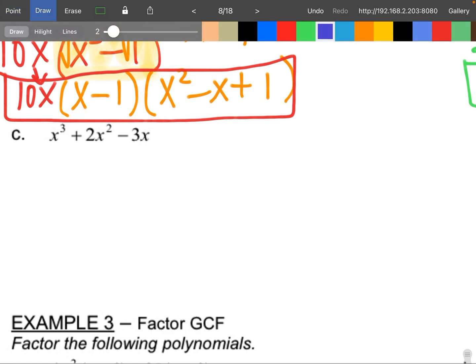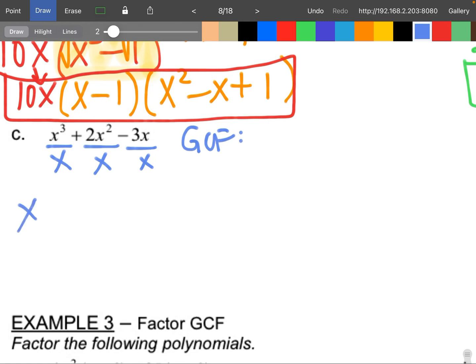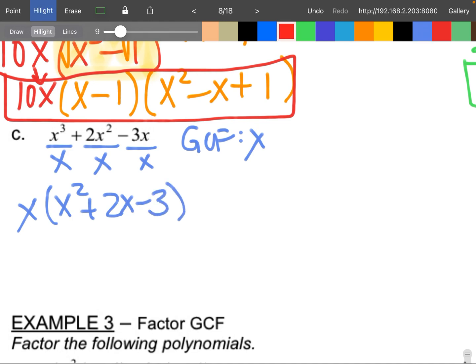I can divide out the GCF. In this case, the GCF would just be x. They all have an x. If I divide out an x, I'm left with x squared plus 2x minus 3. Now, what is in parentheses? First of all, it has 3 terms, not 2. It's a trinomial. And there's no cubes, so I'm not going to be using the sum or difference of cubes